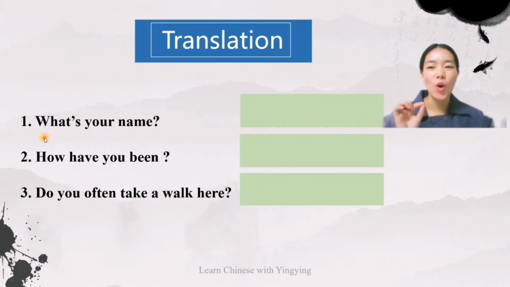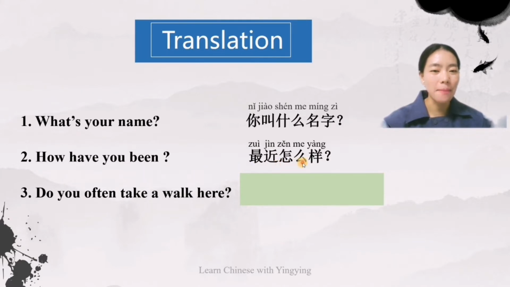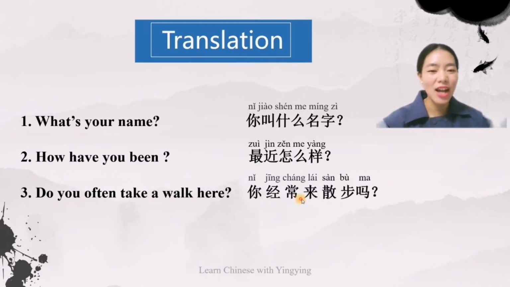The first one is, what's your name? And in Chinese it is, 你叫什么名字？ The second one, how have you been? 最近怎么样？ The third one, do you often take a walk here? 你经常来散步吗？